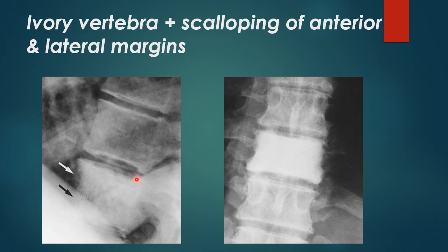However, if the vertebral body is enlarged in size compared to other vertebral bodies, it is more classical of Paget's disease. Here we see an AP view of the same, but here there is no typical lateral scalloping.